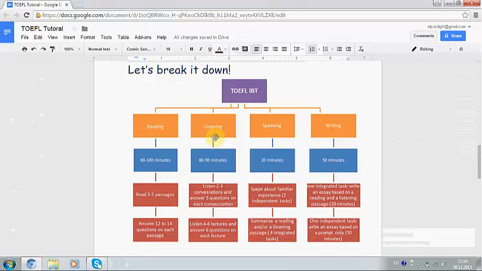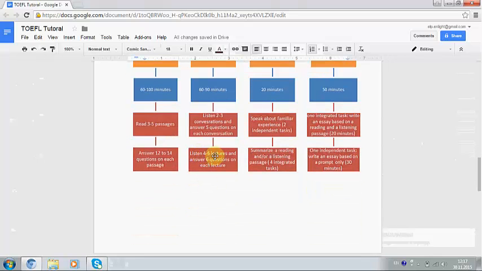And if you have the long section in listening, instead of listening to 2 conversations and answering 5 questions on each conversation, you will listen to 3 conversations and you will answer again 5 questions on each conversation. This is the first part of the listening section. After that, you will listen to 4 or 6 lectures and you will answer 6 questions